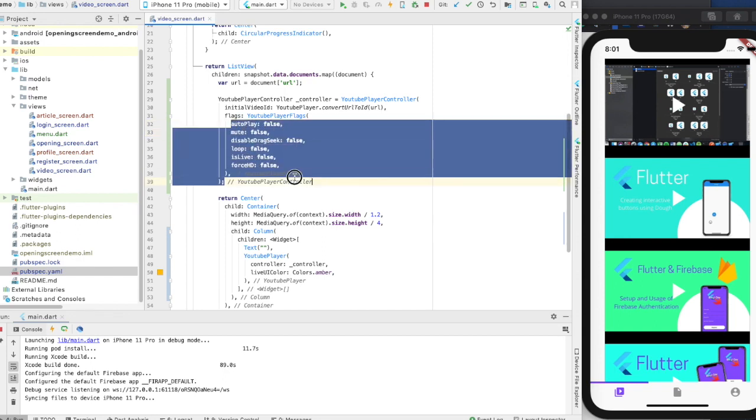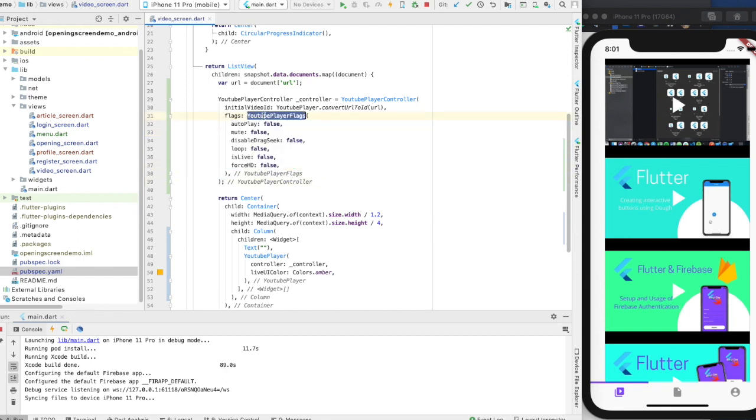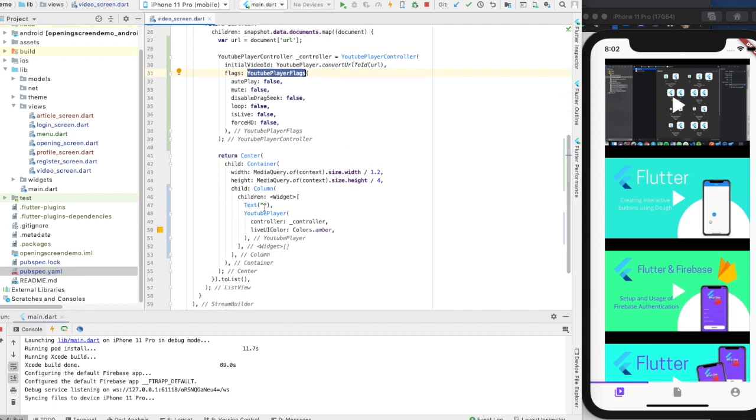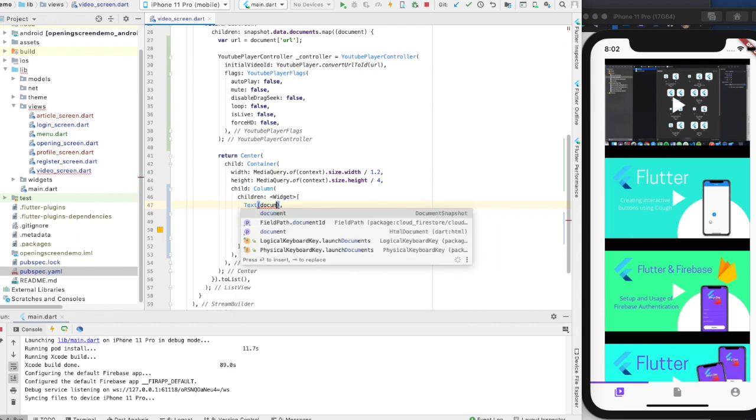There's several other properties within the YouTube Player flags that you can address. These are just a couple of them. So you can check it out on their documentation page. I did as well place the YouTube Player within a column widget. And the reason for that is we now want to make sure that we put in a title. So we want to say document